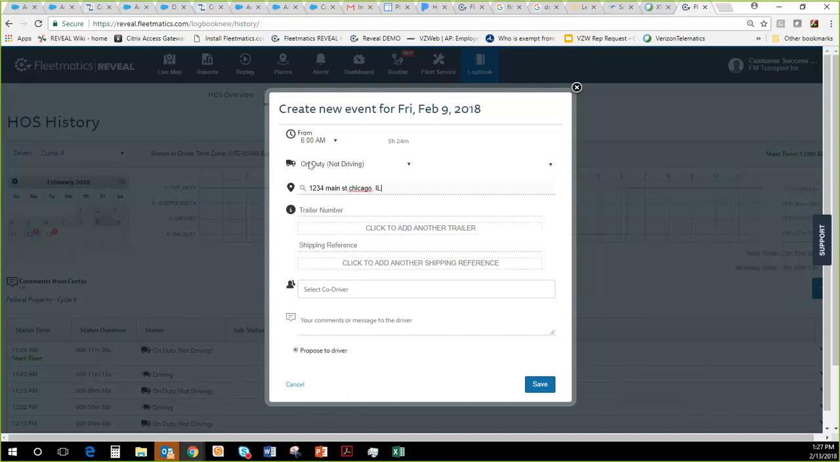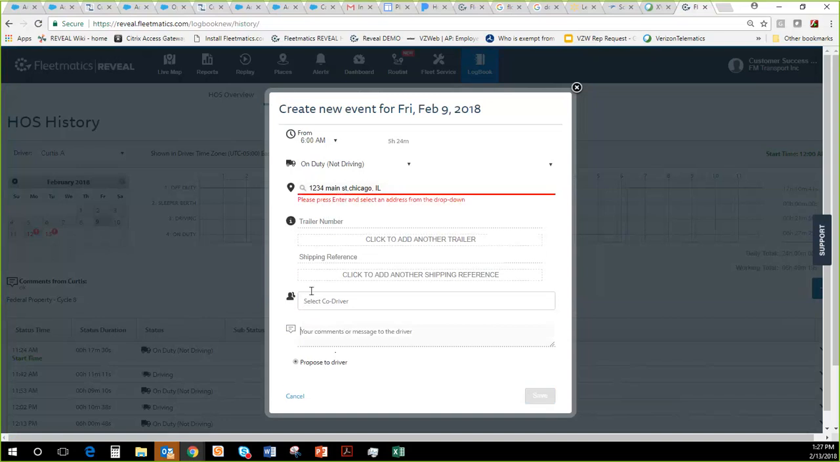Chicago, Illinois. Okay. If there was a trailer number or a shipping reference, you could add those as well. If there was a co-driver, you could add that in here. And then,